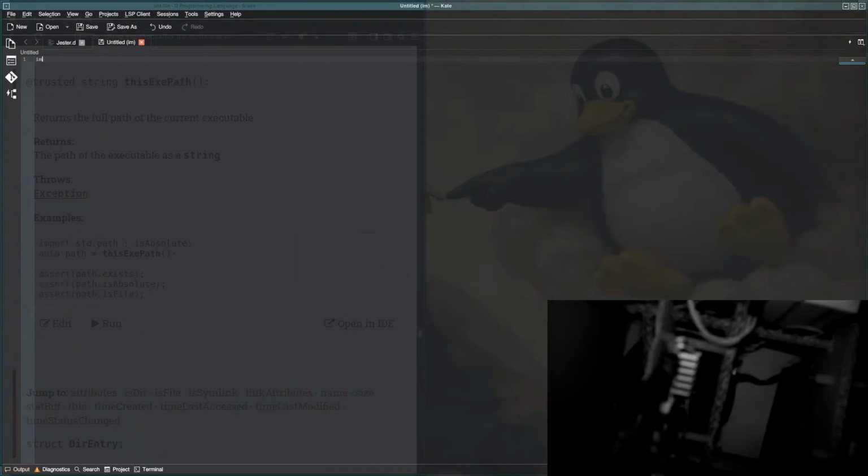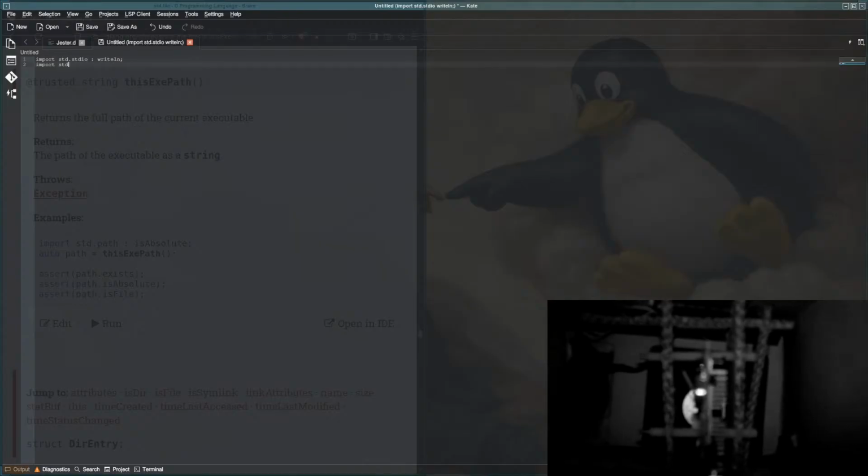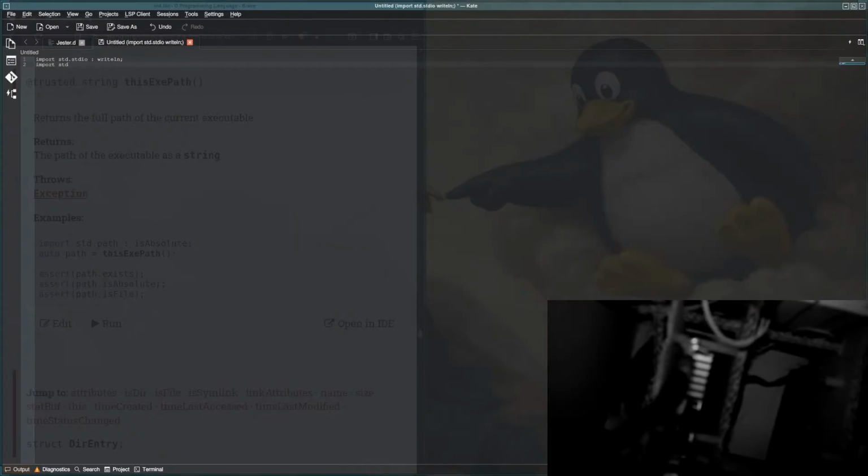Import std.stdio; boom, and then we're gonna import. Nice. Everything looks good inside the